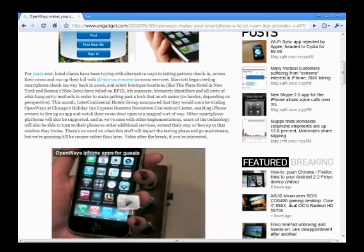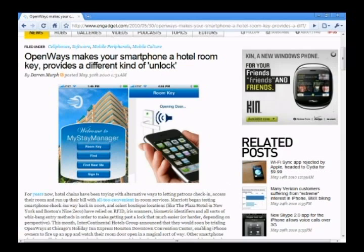Now, Marriott is also testing smartphone check-ins as well. But anyway, you log in and they sync this information to your mobile device, and you go to your room and you press a button and it unlocks your door. Now,